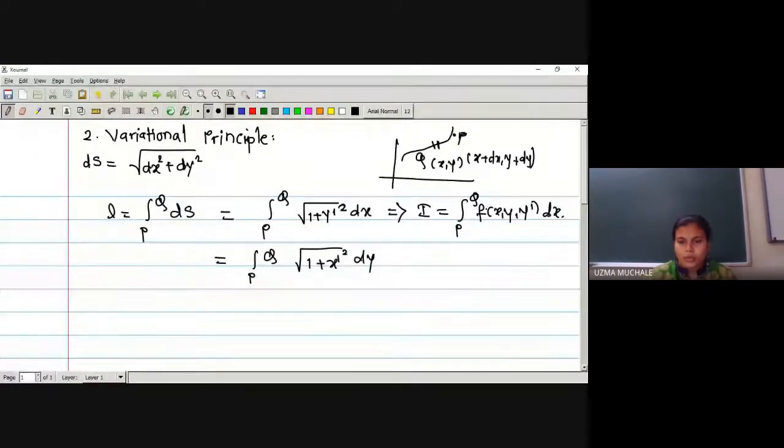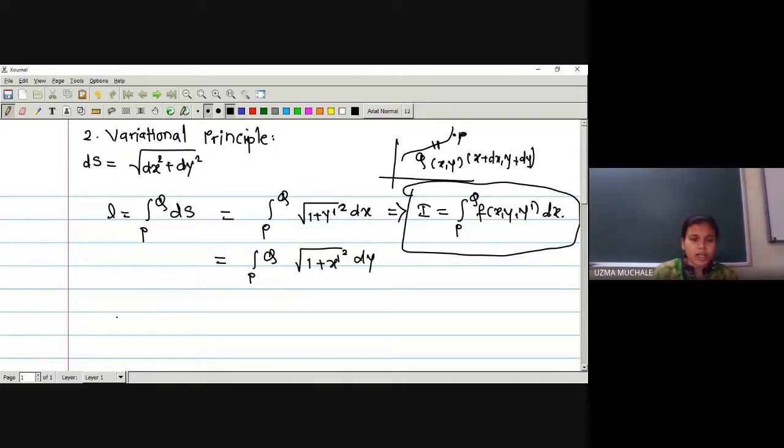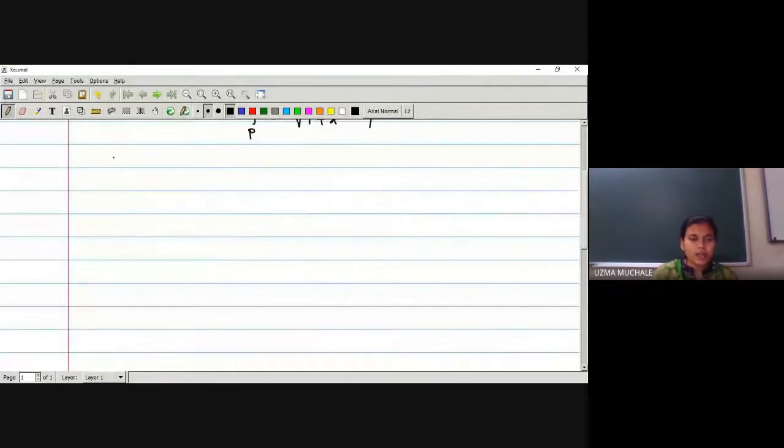Okay. So we are going to solve these kind of equations in our whole chapter, right? What is the equation? This integration value is nothing but from point P to Q. And what is a function f? It is some function of x, y dash. Here you can see this is some function of y dash. So we can now generalize this function, whatever inside the integration we have, it will be some function of x, y, and y dash. Correct. In the next, we have seen basic lemma of calculus of variation.